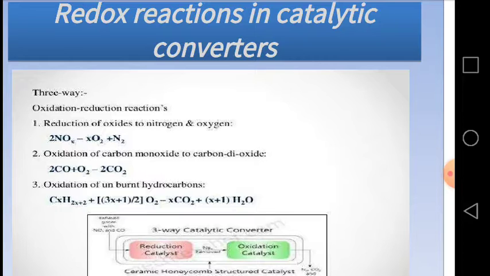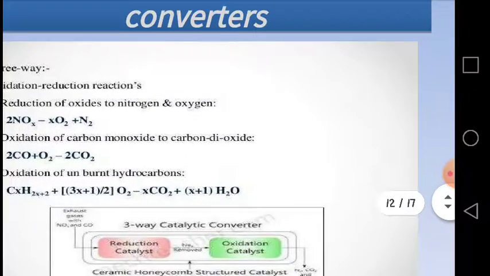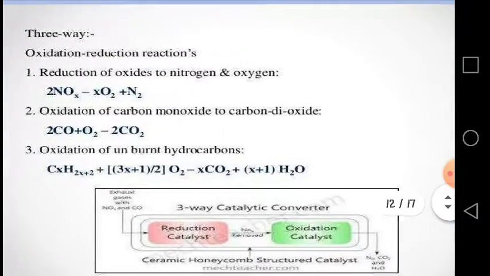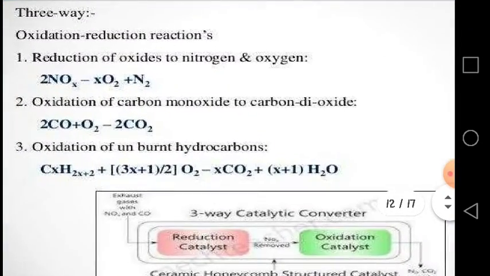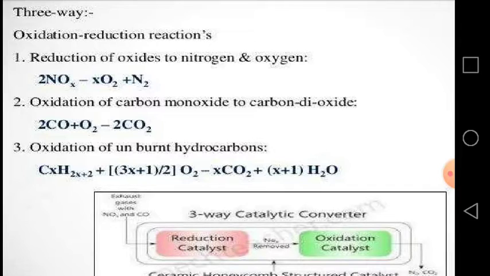These have catalysts like platinum and rhodium, and when the hot exhaust gases, which contain carbon monoxide, oxides of nitrogen and unburned hydrocarbons, are passed over these catalysts, they are converted into non-harmful gases, as the reactions shown by this slide. First of all, the reduction of the oxides of nitrogen,